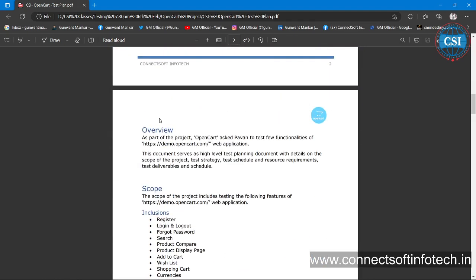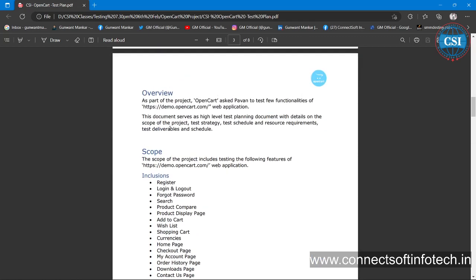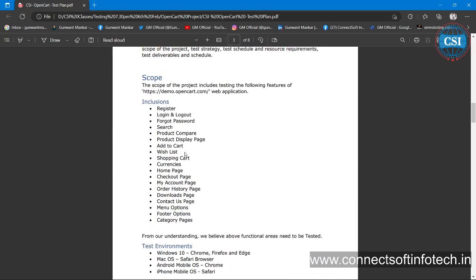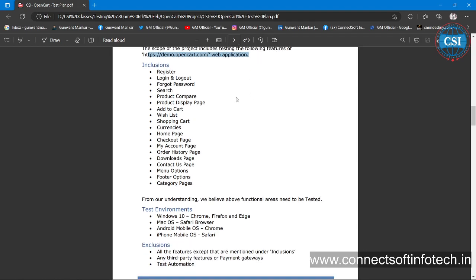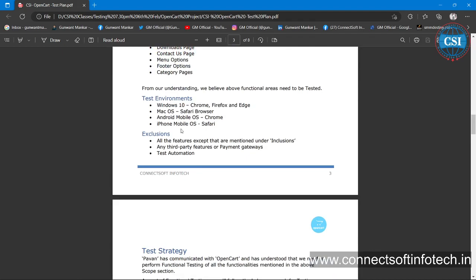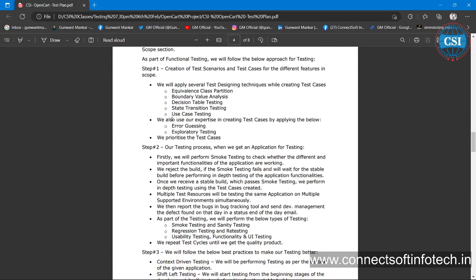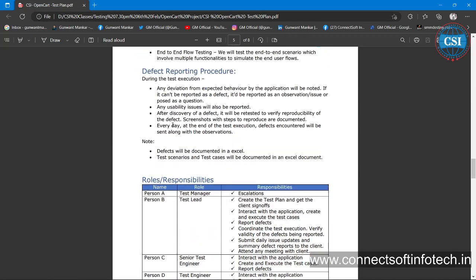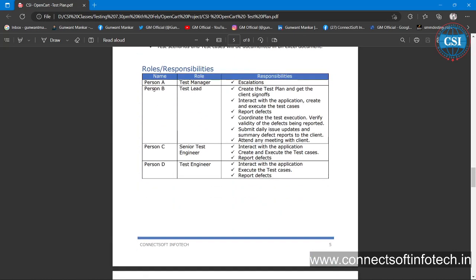Okay, we have to write, what is the test lead going to write? Test plan, what is the scope, inclusions. Okay, we have to test this one. What will our testing environment be, what is the strategy of the testing, how will we do defect reporting procedure, roles and responsibility: the person having the test manager role. Okay, what is the responsibility for the senior test engineer, having the responsibility of something, test engineer, and they